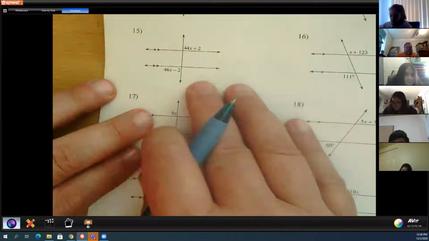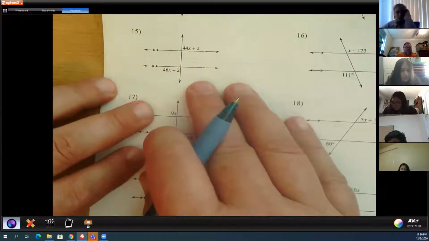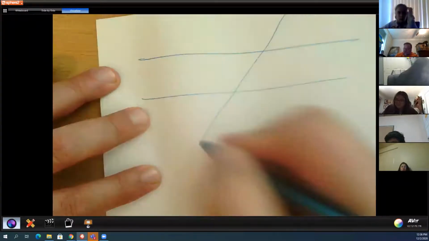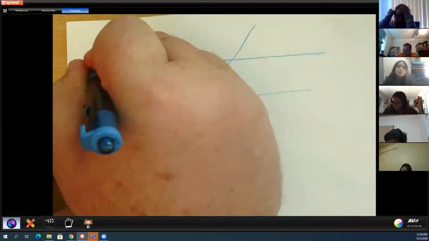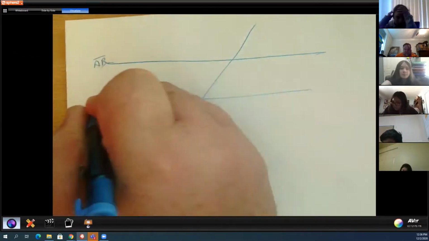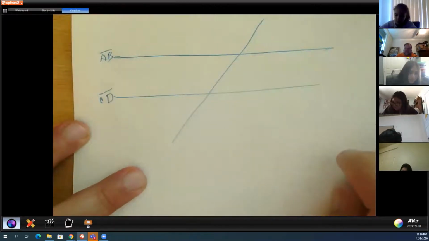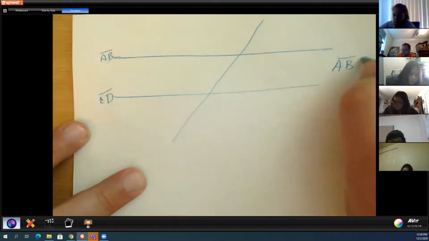Now, I want you to think about when we have two parallel lines, and then we have a line that goes through them, okay? So we're going to say this is line AB, and this is going to be line CD, okay? Now, if these two are parallel, if AB is parallel to CD,